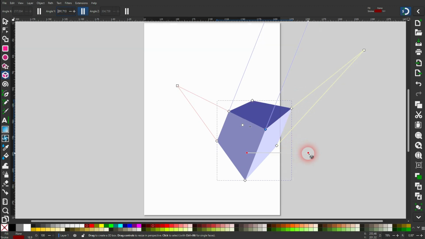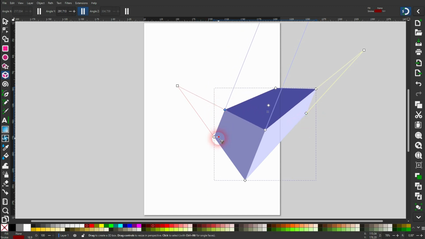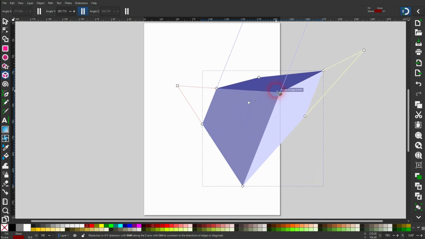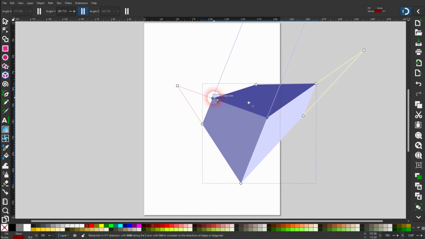All of these diamond icons are still nodes. So the 3D box is created via these regular paths, and you can left click drag on them. Some of them will be hidden though. That's due to the perspective. When you have a 3D object, obviously some elements are in the background, but you will still see the nodes for it. So right here, for example,